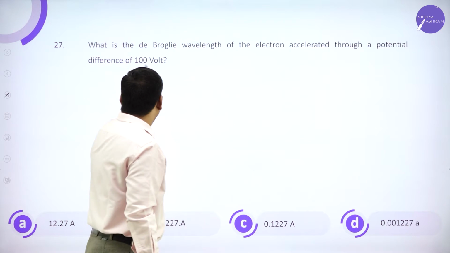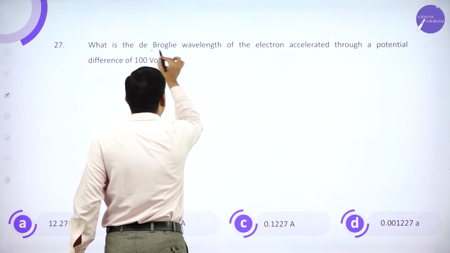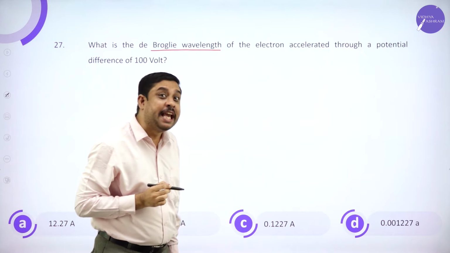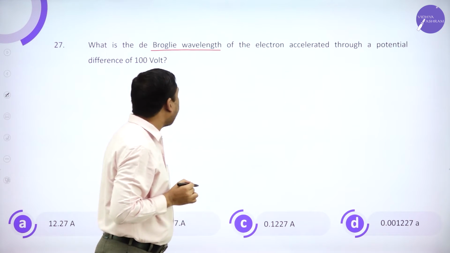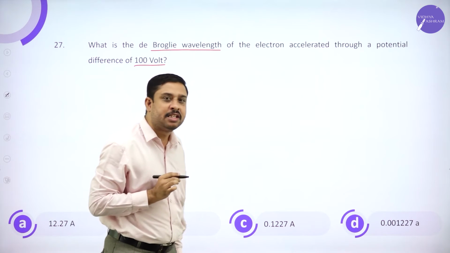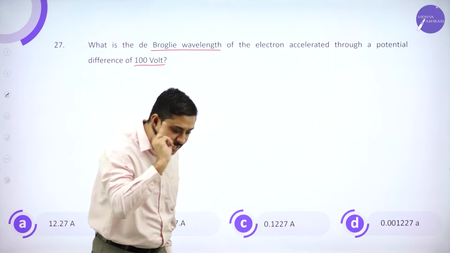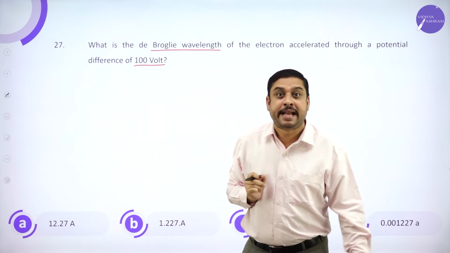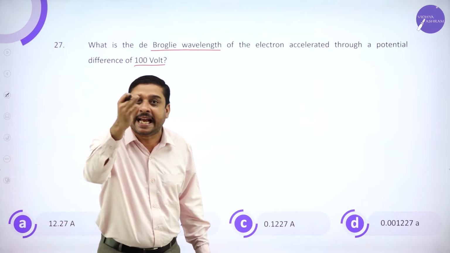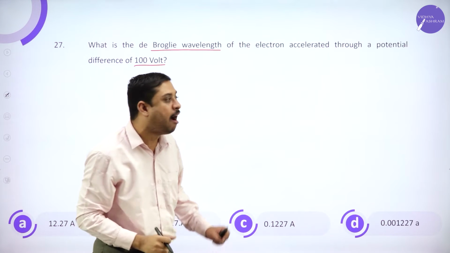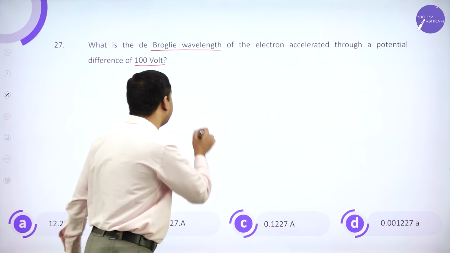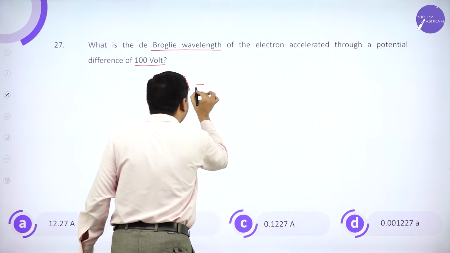Next, what is the de Broglie wavelength of the electron accelerated through a potential difference of 100 volts? Note what they have asked. De Broglie wavelength in terms of potential, not kinetic energy, not mass. It is in terms of potential. Remember, sir. So in terms of potential,